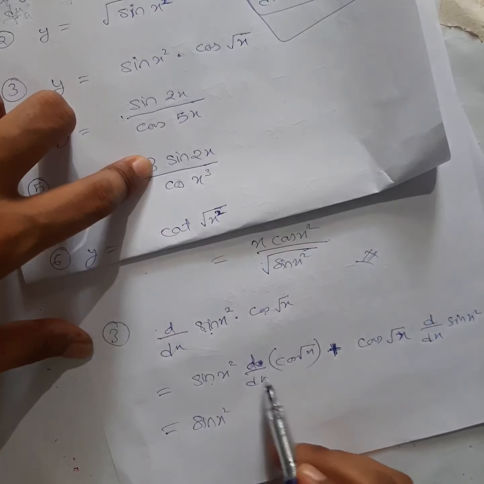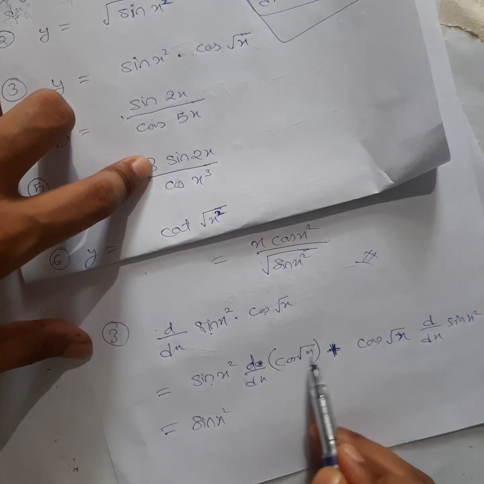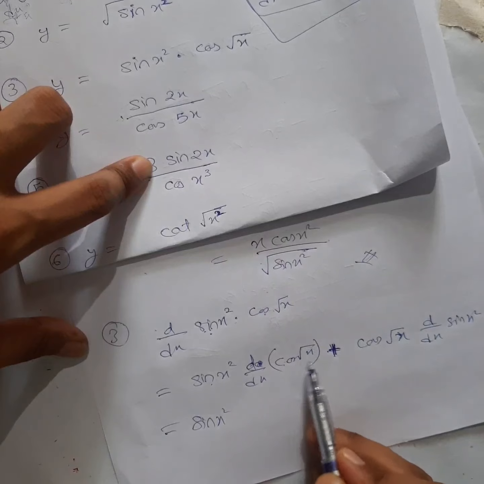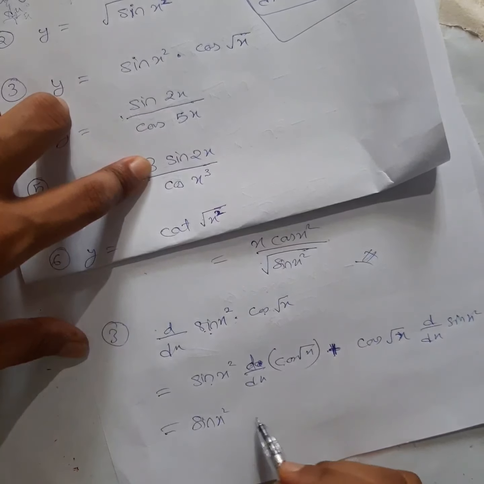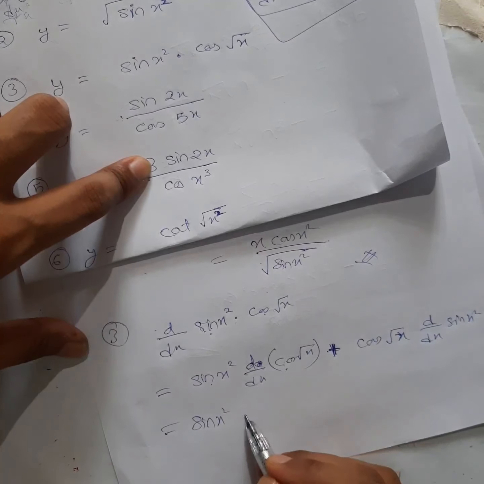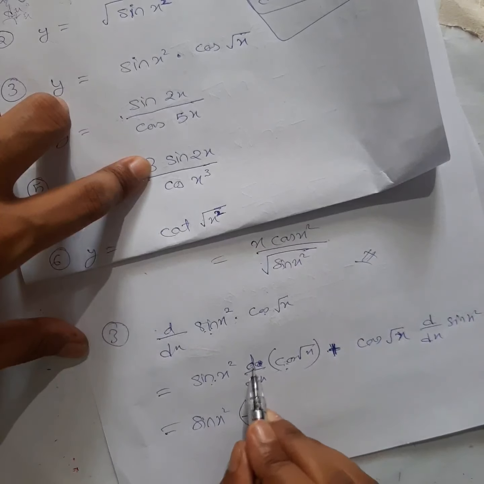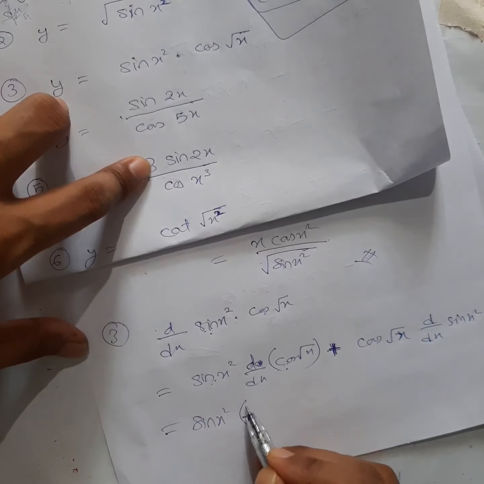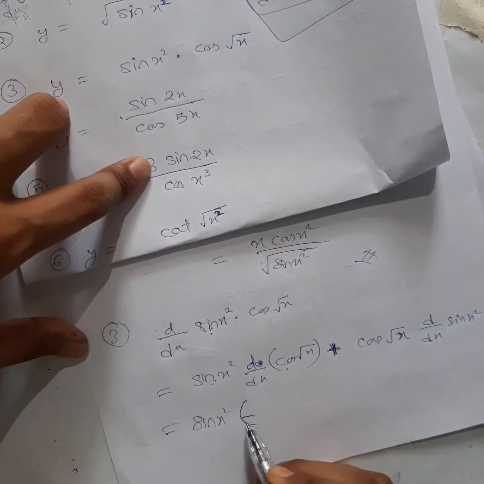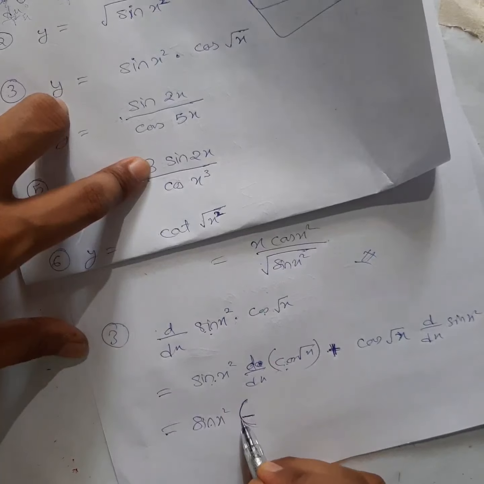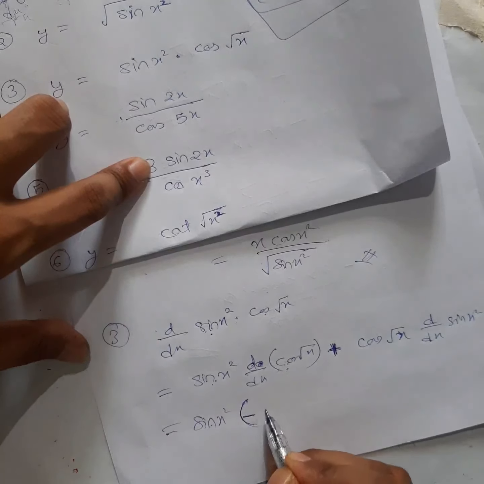So this one, when you differentiate, what form is it? Cos x form, but in place of x what do you have? Root x this time. So root x you have to differentiate again. So cos x, what was the differentiation? Whenever the minus will come, remember this is in terms of multiplication. If you don't put a bracket, we will understand that sin x square you are subtracting. So be careful when you write, put a bracket, this is multiplication, okay?